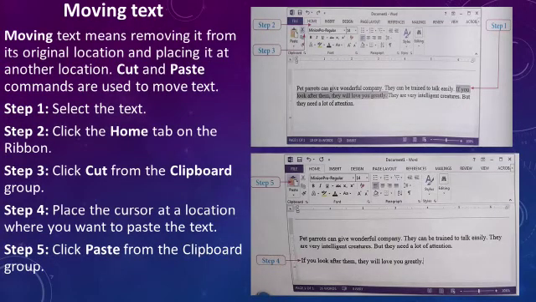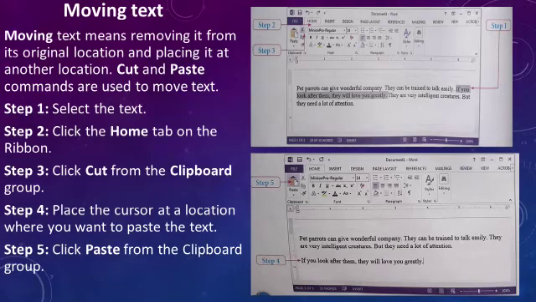Now we will learn about moving text. Moving text means removing it from its original location and placing it at another location. Cut and Paste commands are used to move text. That means using Cut and Paste commands we can move text to different locations.